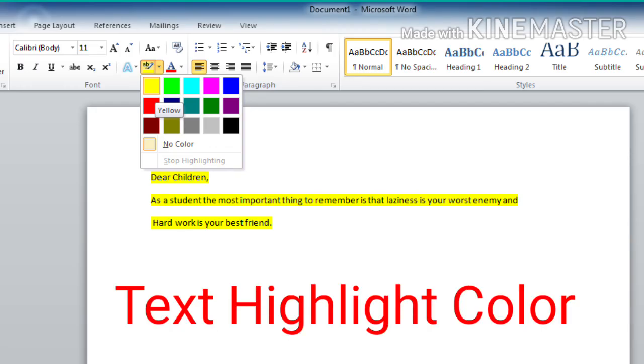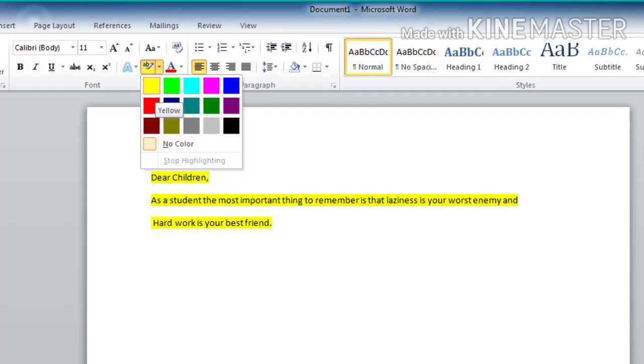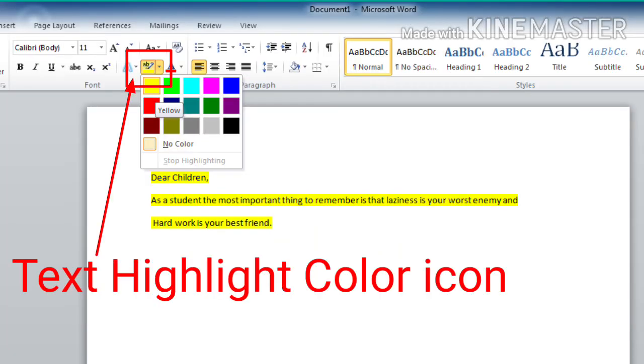text highlight color, and this option will highlight the text that you are typing. Here I have already typed a text, so I have selected my entire text using Ctrl plus A. After that I have clicked on this text highlight color icon.